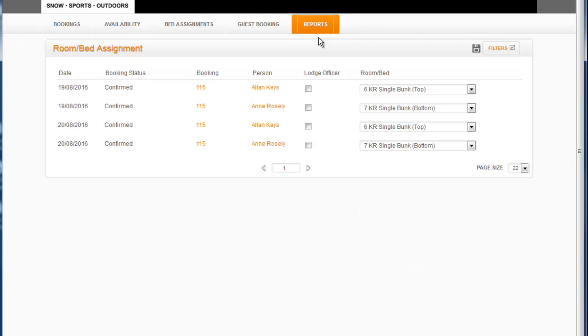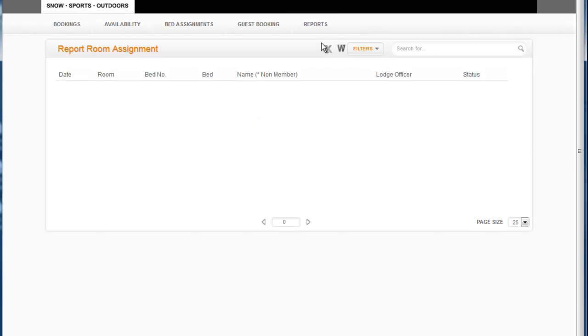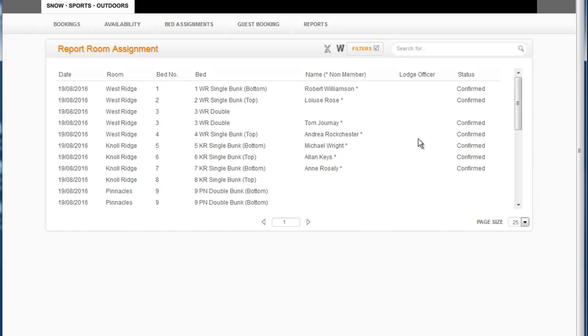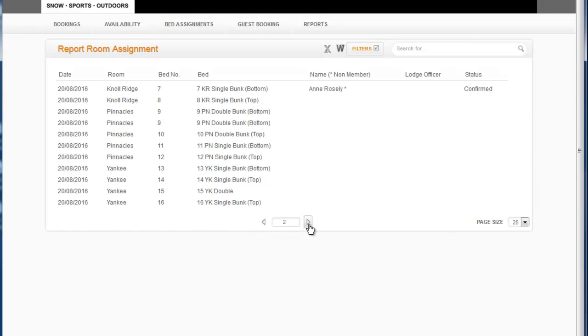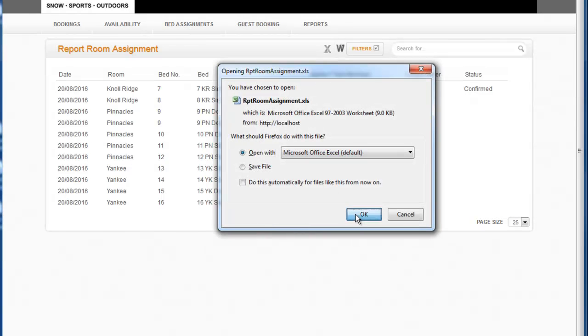So now if we go to the report bed assignments and we do filter from the 19th of the 8th, 2016 and the 20th of the 8th, 2016, go. We can see that on the 19th we've got there, and in the next page there. So if we were then to export, say that to Excel, showed you before,